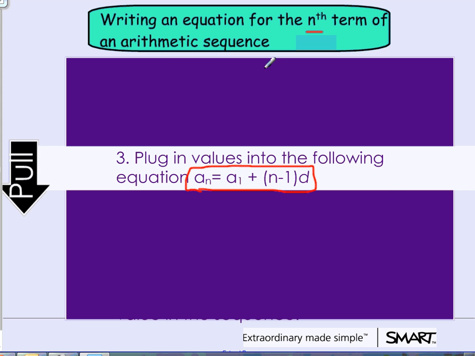This meaning that a_1 is your first term, okay? n is the term number, and d is our common difference,